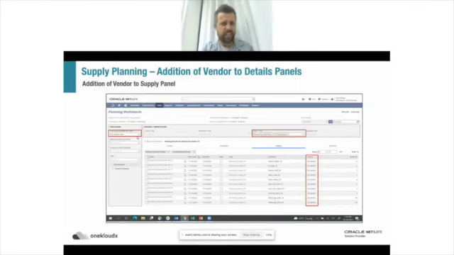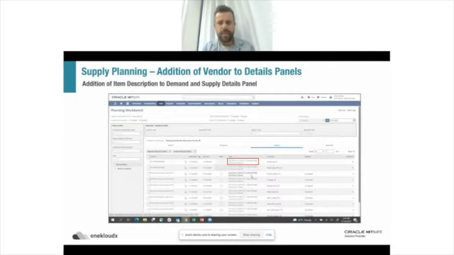The other thing they've added is the actual vendor column in the planning workbench as well, so you can see which vendors are pertaining to the planned purchase orders that NetSuite is generating, as well as the item descriptions at both the demand and supply sub-tabs. So when you're looking at the supply for relevant items, in terms of the purchases that have been generated based on the execution of MRP in NetSuite, that will show you the items now,